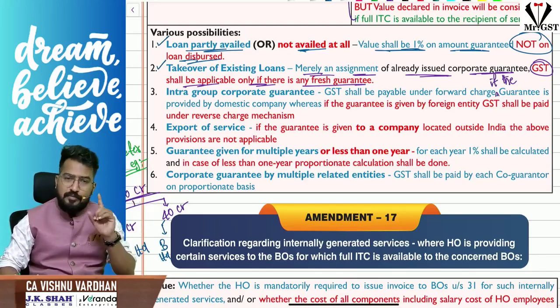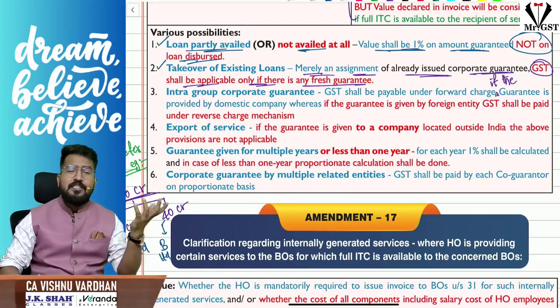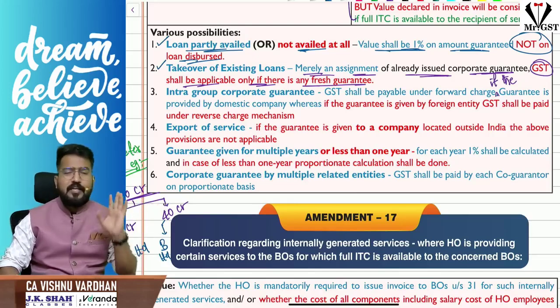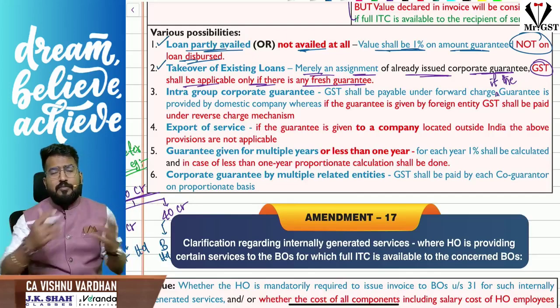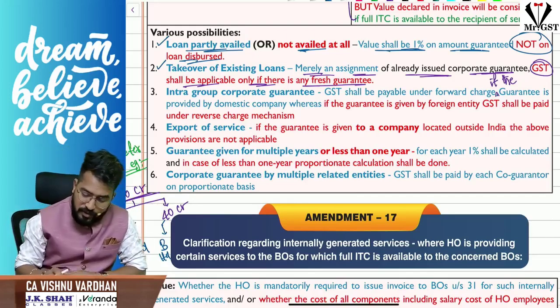Only one, simple. Once you pay for the corporate guarantee that you give, you pay once. Again, if there is any fresh loan for which you are giving a guarantee, again you pay. Just shifting of a loan from one bank to another bank, again and again don't pay GST. Okay, that is the second one. Now the third one,